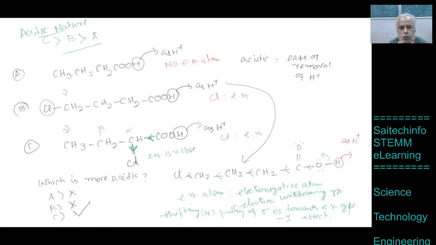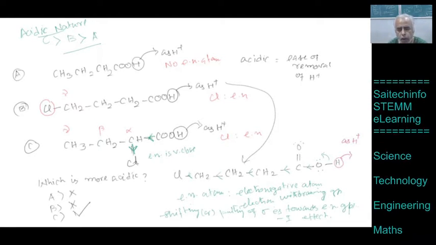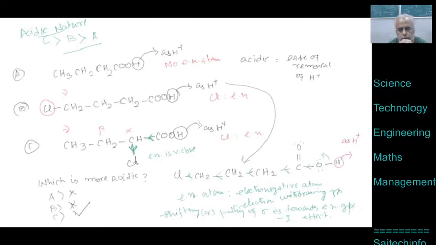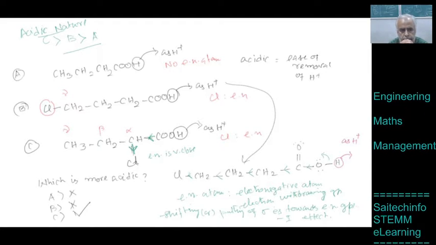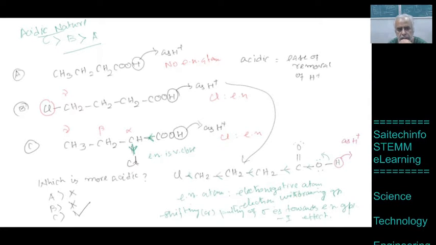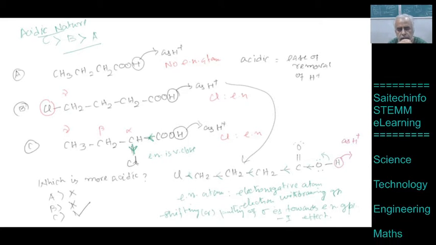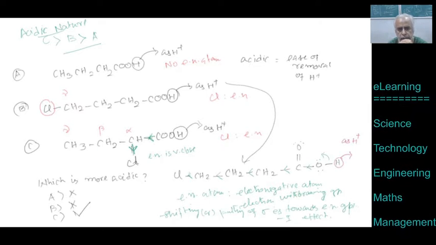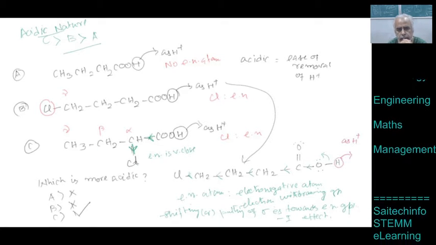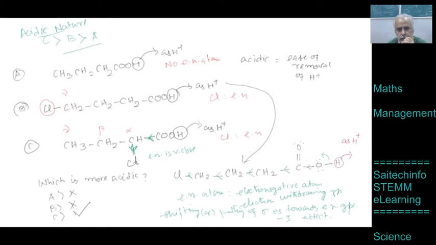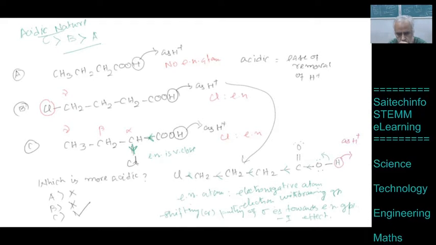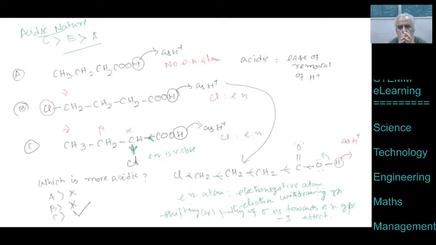Pavani, can you explain based on this structure I have given clearly? Please go through that. Whatever I have given, I have neatly represented. Please explain based on this slide. So we have given 3 structures A, B, C, and we compare the acidic strength of A, B, C. It is given that C is more acidic, so C is greater than B is greater than A. So can you explain? Yes, sir. Proceed.